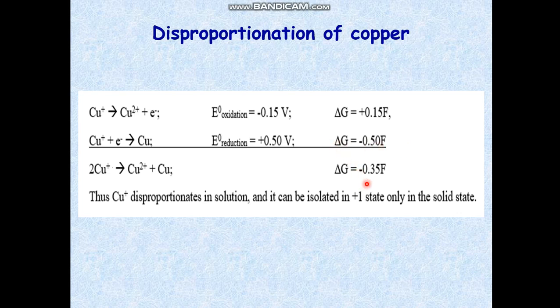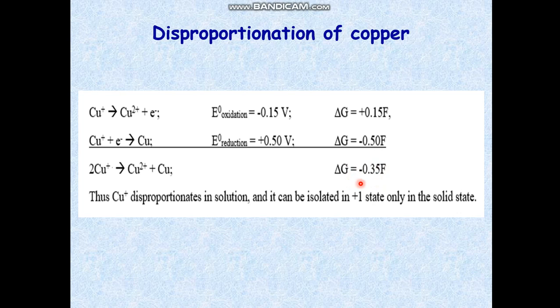Their summation is overall -0.35 Faraday. The overall reaction is, you just add this equation with this equation, then you will get 2 cuprous ions forming 1 cupric ion and 1 metallic copper, and the overall delta G value is negative here. So this is thermodynamically favorable. So within the solution you will